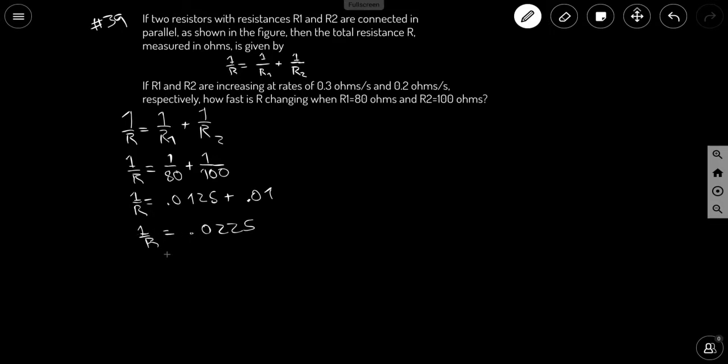And what that means is that you're going to get 1 over 0.0225, which gives you 44.4 repeating ohms. There you go. So this is our value for R, and it's asking for us to find how fast is